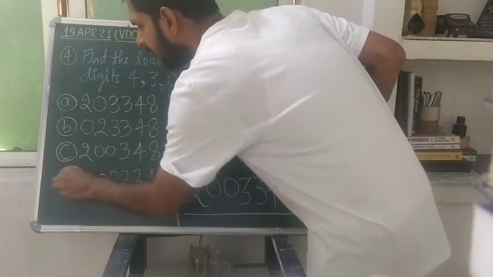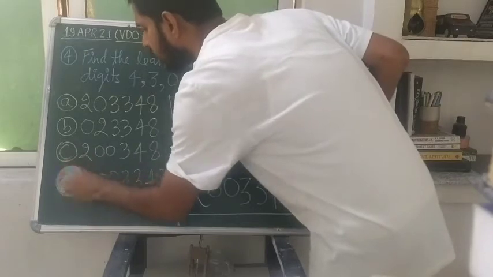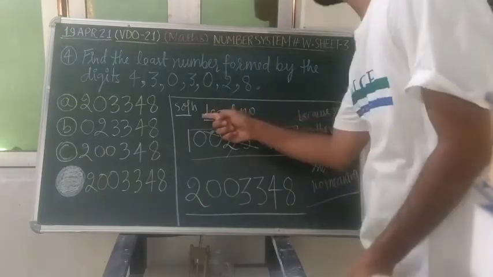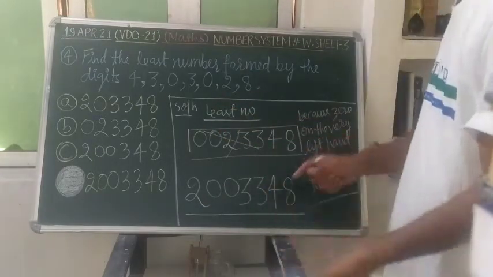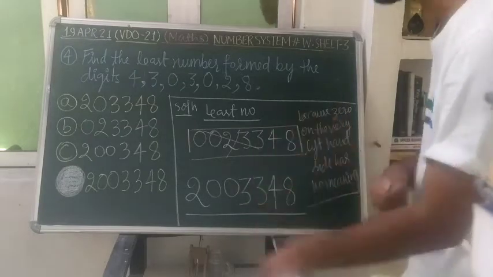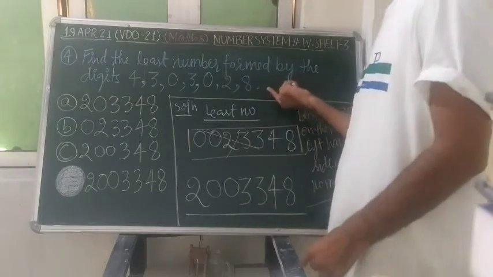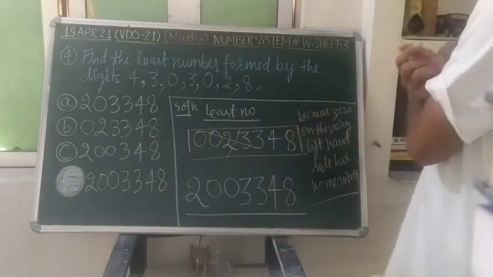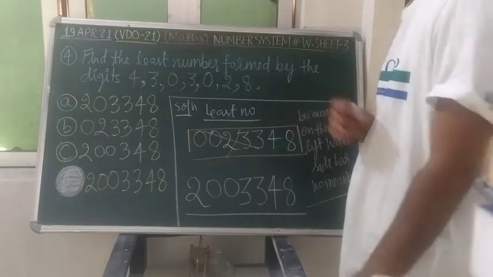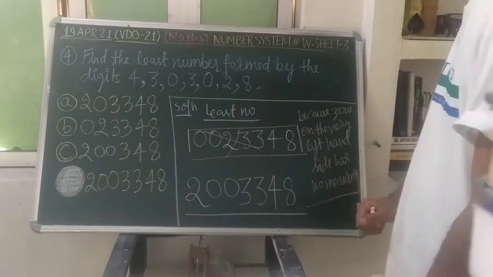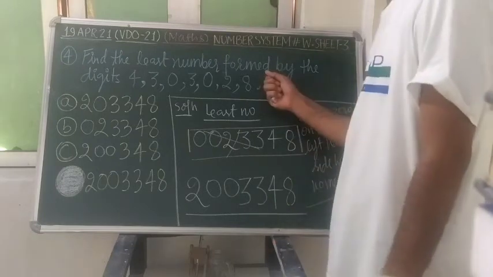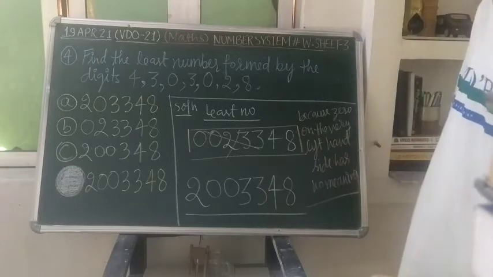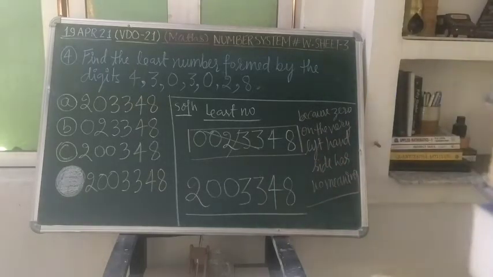And writing 0 on the very left-hand side has no meaning. This we will keep in our mind, and to form the least number, we will move to the digit which is bigger than 0 present in the problem. First I will write that, then after we will include the 0, and then we will move to 9 for the least number. Getting? And whatever number of times the digits are present in the problem, that many times we will write those digits. Okay? So the fourth problem is finished.